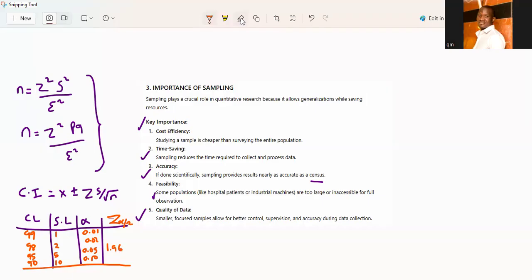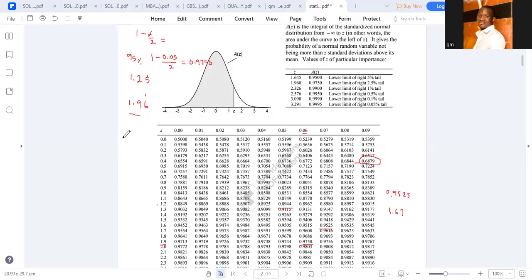So for 90%, who can guess? How do we find the Z for 90%? 90% is what? 10% or 0.10. So you do 1 minus 0.10 over 2. What do we get? 0.95. 0.95, correct. And in the morning, we tried to look at the reading for 0.95 from inside the table,